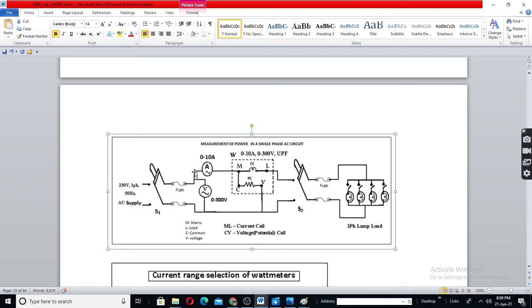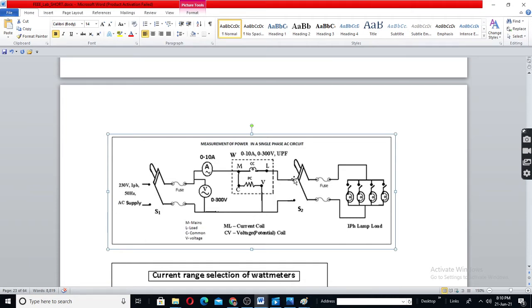This ammeter current flows through the bulb. The voltmeter does not have a through connection to the bulb. It has a separate connection, across. See, the voltmeter current does not flow through the bulb. It is like this. Again, the PC current goes like this.